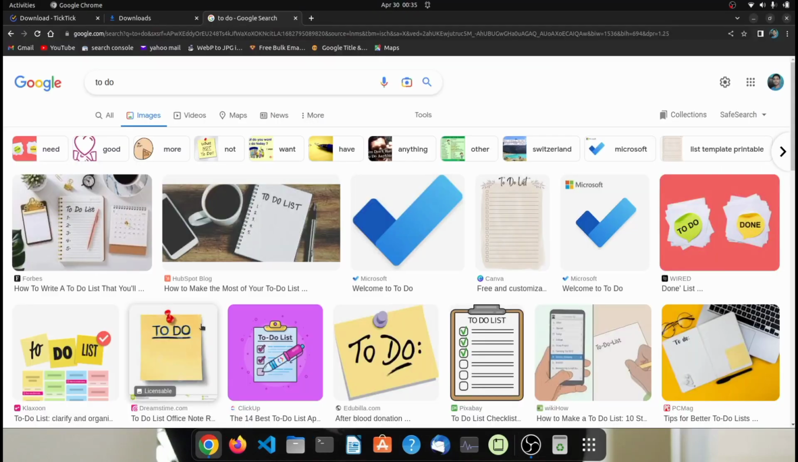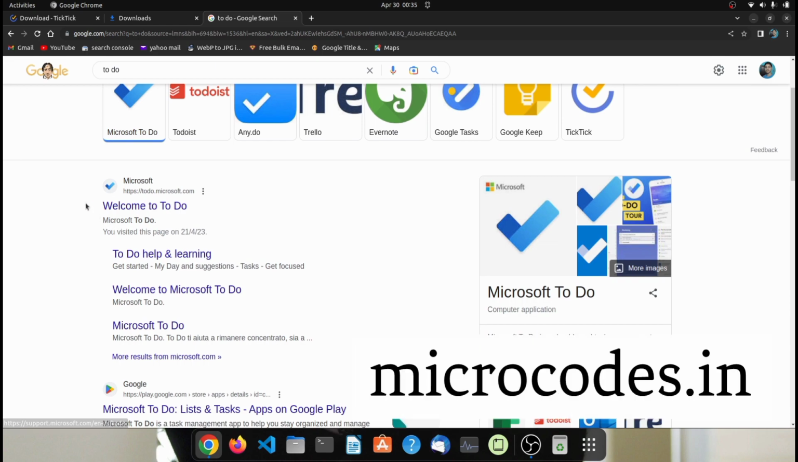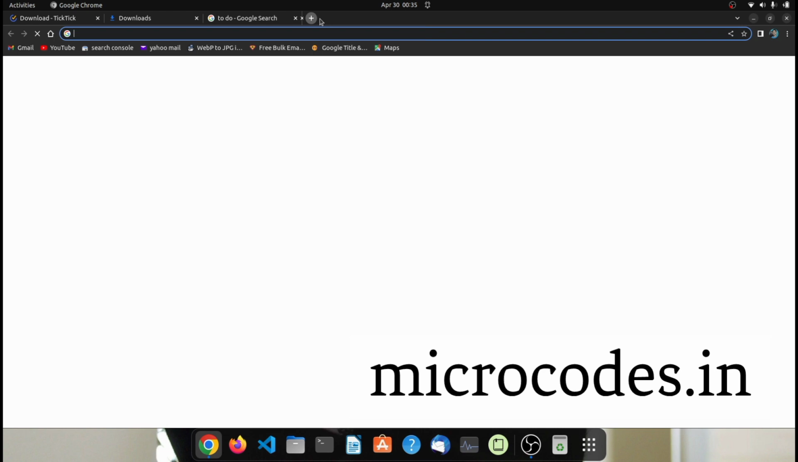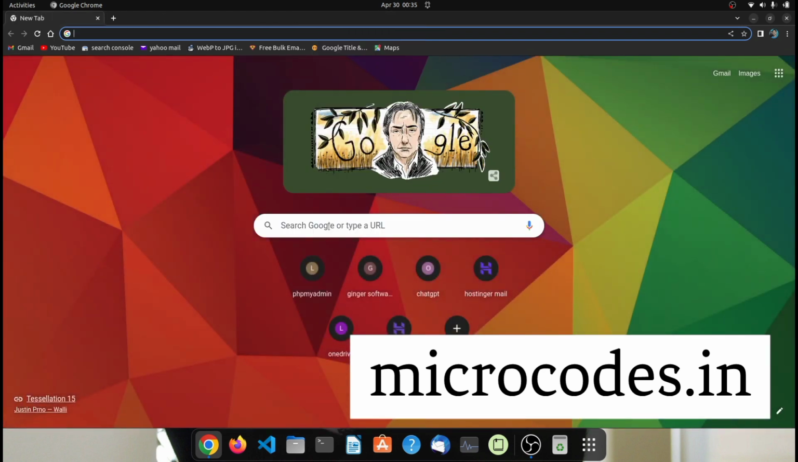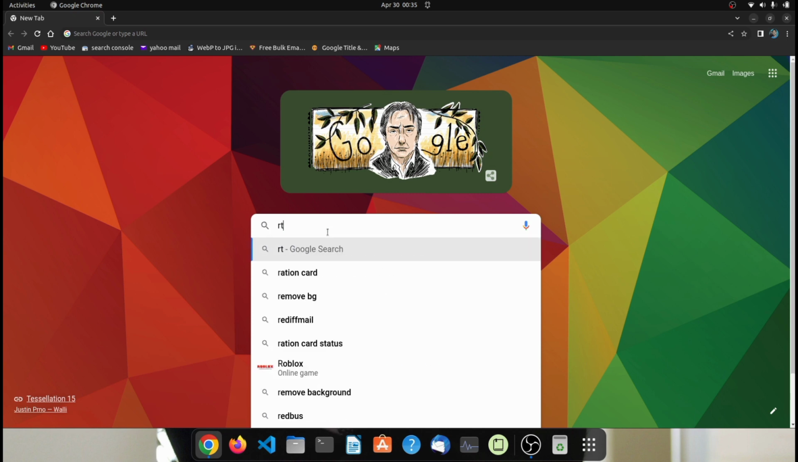If you are looking for a to-do application, a good one is Microsoft To Do, but it is not completely available for Linux, so for this we will use TickTick ToDo. To install this TickTick ToDo application, open your browser and in the search box search for TickTick ToDo and